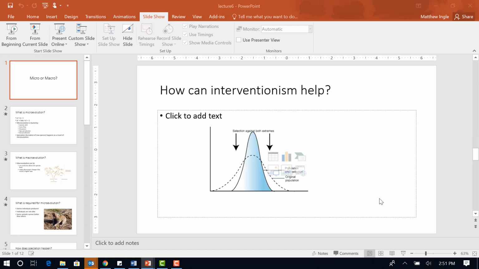So how can an interventionist view help? First of all, I think it reminds us that natural selection is really not a great mechanism for driving evolutionary change, but it is a great mechanism for selecting against the extremes. And so here's an image of stabilizing selection. And this is more of what you would predict based on an interventionist idea of natural selection: that natural selection is a force to weed out bad mutations, but really is not a great force for generating